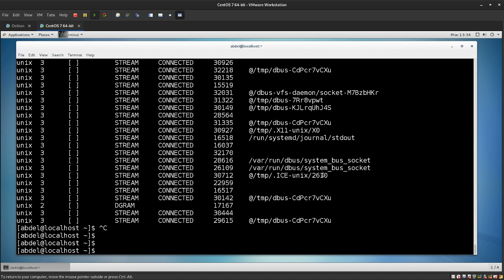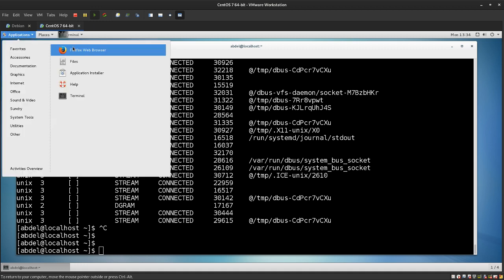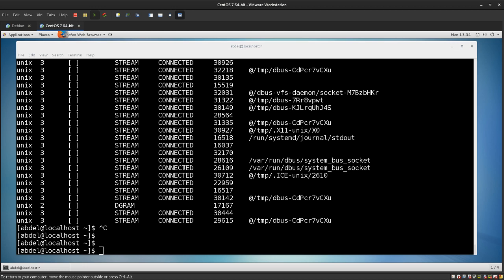What I'm going to do here is start pinging. I can visit a website, for example, right? I'm going to fire up Firefox, and then visit a website. I'm going to show you the established